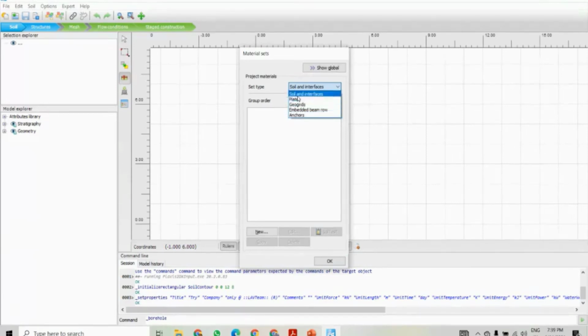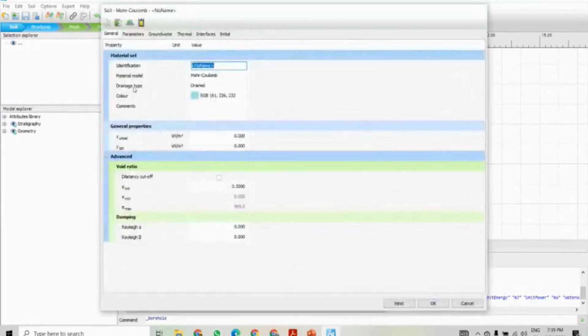And for that, if we take the soil and we require the clay, sand, silt, so we need some inputs also. In inputs, we require the unsaturated unit weight and saturated unit weight of that soil.